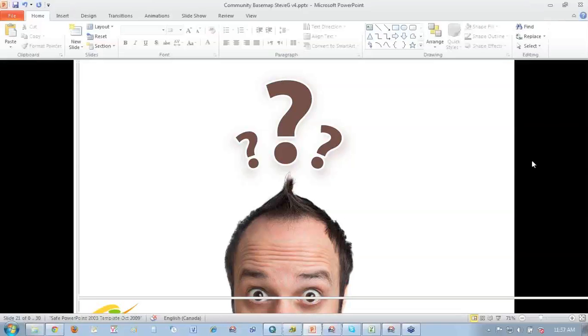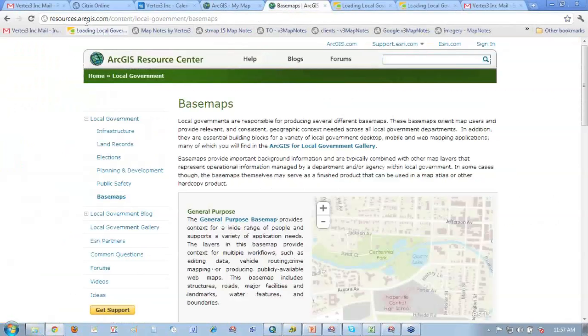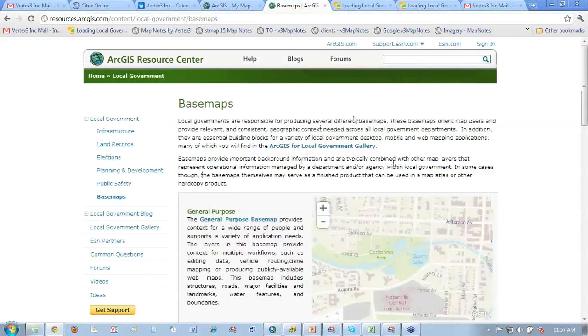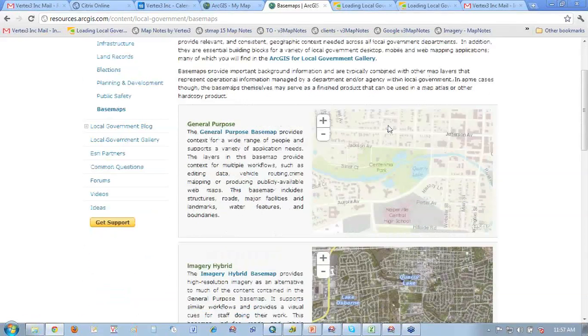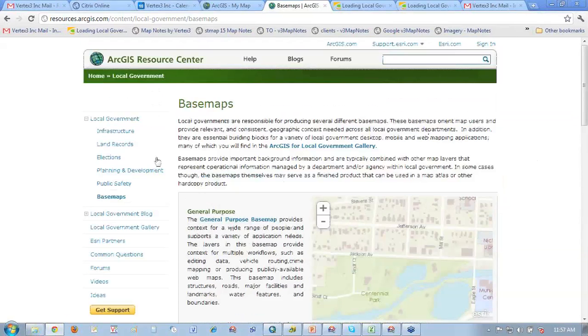Yeah, the best way to get there is to go to the site that I mentioned before, resources.arcgis.com. And in the local government section, you'll see that there's a base maps folder. There's several different ways to download the information model, but if you're interested in the base map part, you can take a look at this one and see some online stuff, but you can also download it as well. They'll give you what they call the schema layer or schema only layer package, which turns into a geodatabase when you download it on your computer, and you can set the spatial reference for it as you're opening that up.